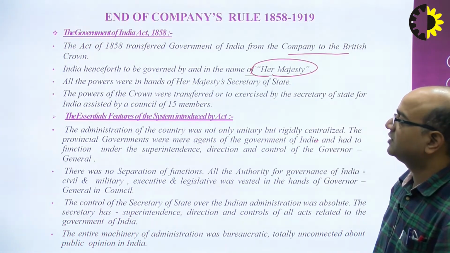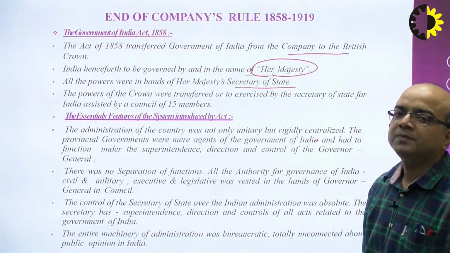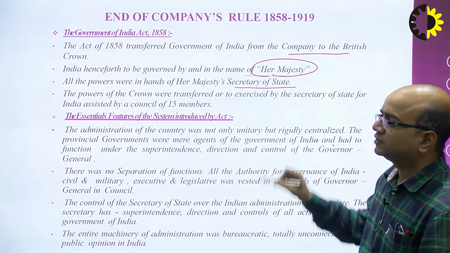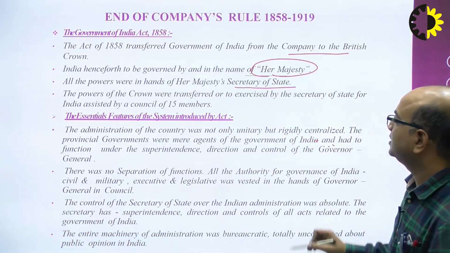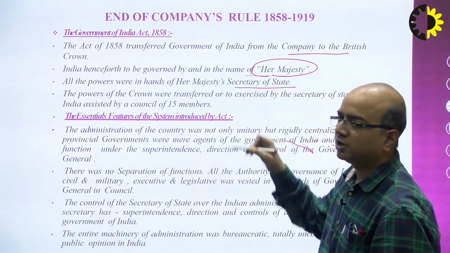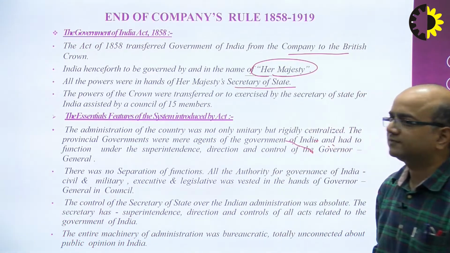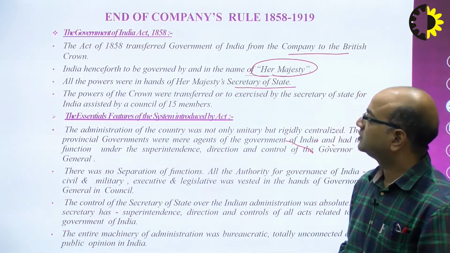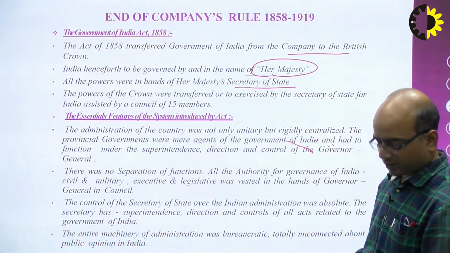Then all powers were in the hands of Her Majesty's Secretary of State. This post was created in England, and the person appointed to this post used to sit in London rather than in India, and was responsible for informing Her Majesty about day-to-day activities related to India. A parallel post, that of Viceroy, was created in India. The powers of the Crown were to be exercised by the Secretary of State for India,